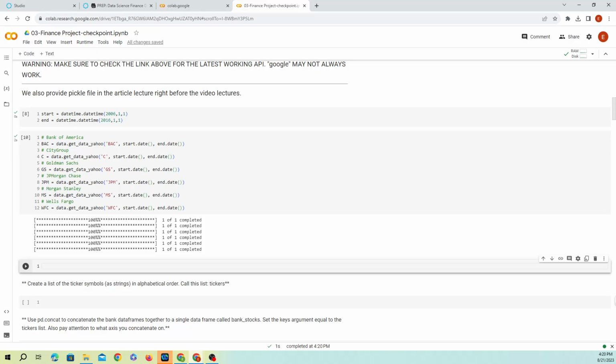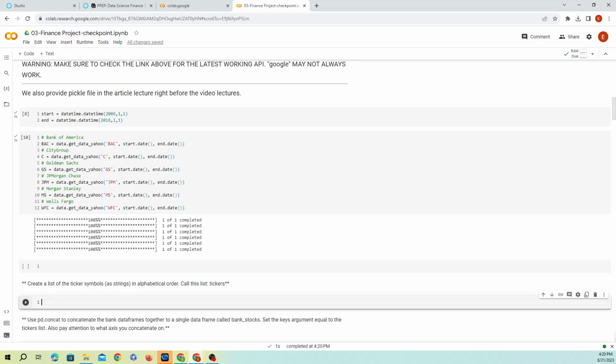So remember, a data frame can contain multiple dimensions or multiple levels of columns and multiple levels of rows. So this is gonna allow us to create multiple levels of columns.